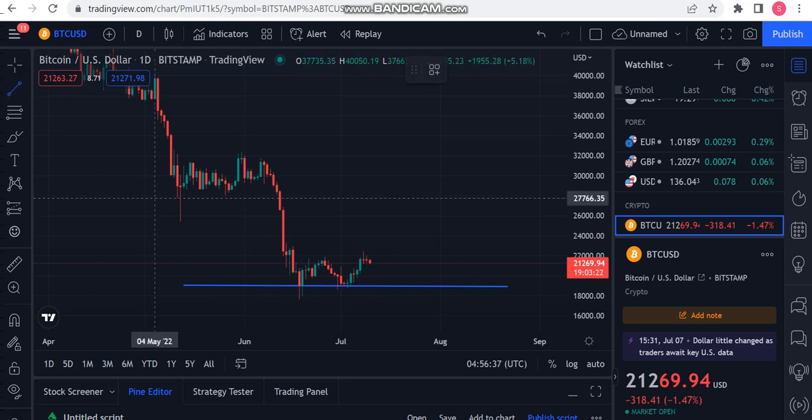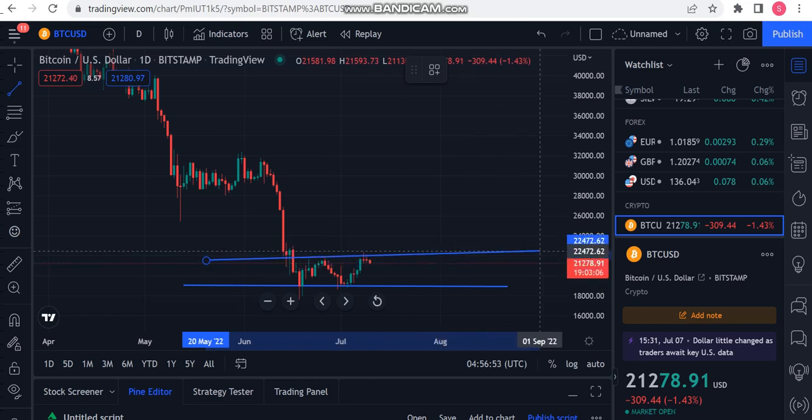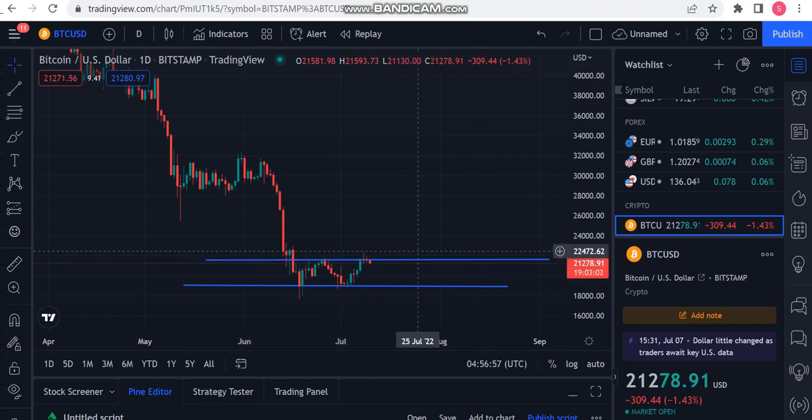And as far as resistance lines are concerned, those are the lines which serve as the roof for a price. It touches that area, comes right back down, touches that area again, comes right back down again. So in this region, the resistance line could be this level right here, because as you can see on my screen,